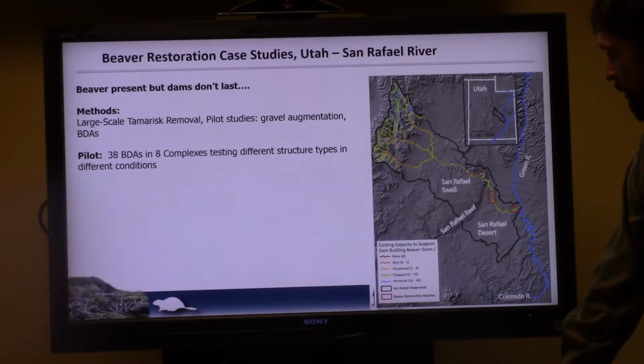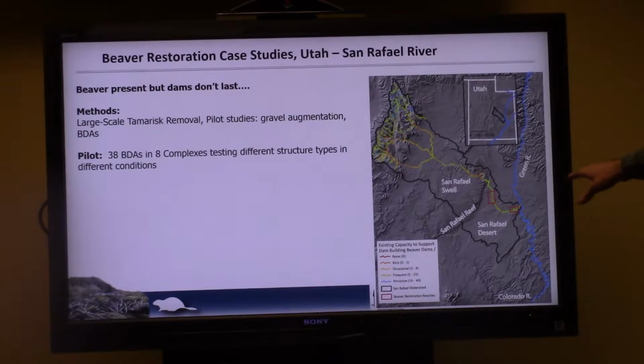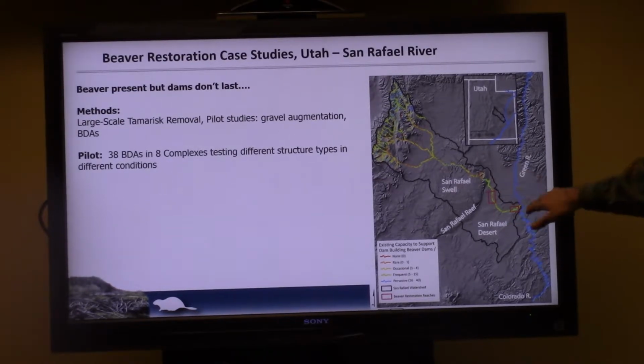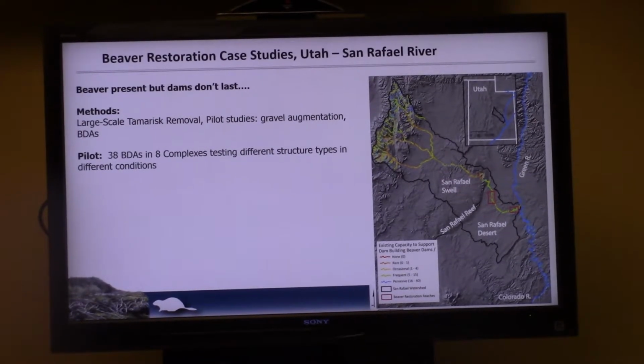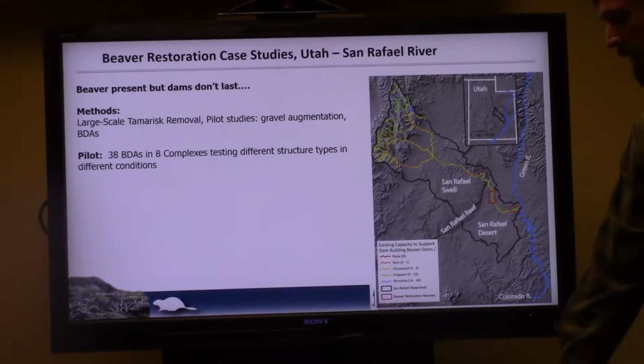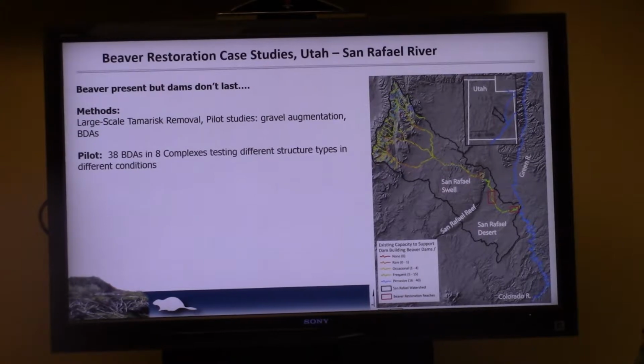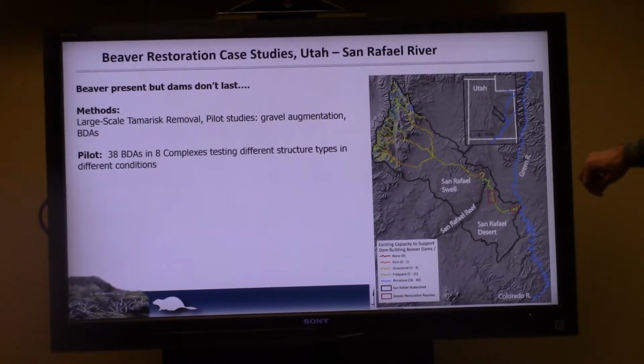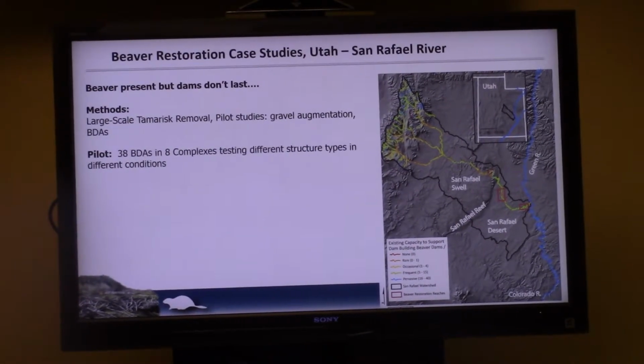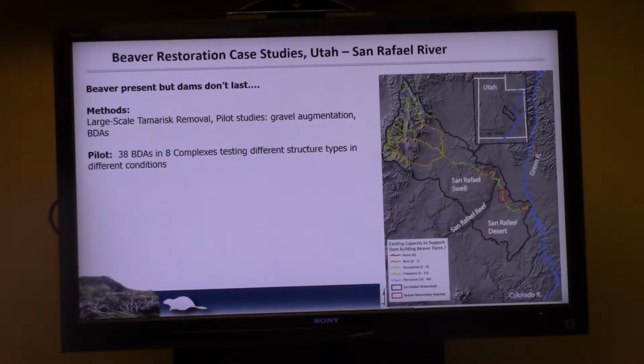And so, you know, there are beaver that are present now in the lower sand raft. So we've got two different little treatment reaches here for our pilot. And there are beaver throughout this area. They're not at very high densities, and their dams don't last very long because they don't have any large material to work with. And they have these functionally incised conditions that just get ripping during spring runoff and blow out their dam. So we built 38 different pilot structures in 8 different complexes, testing all these different structure types in